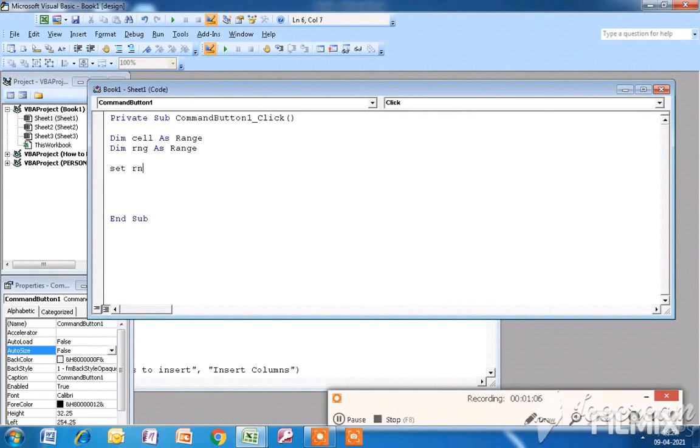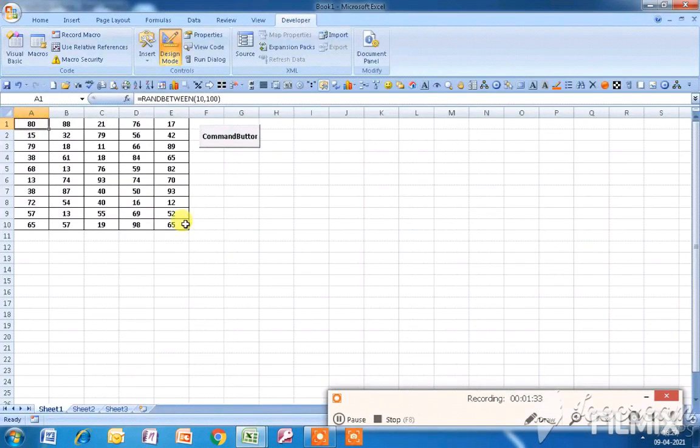Set RNG is equal to Worksheets("Sheet1").Range("A1:E10"). Okay, you can see it from A1 to E10.